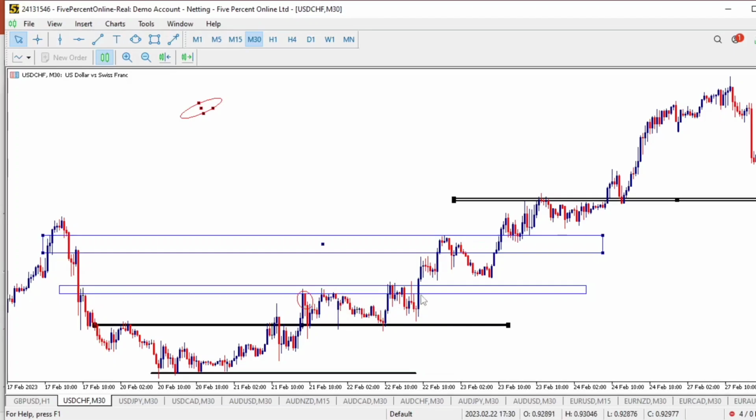Okay, now the market broke and this place became support again. You should be looking for only buying opportunities because the market is now on a support level. The same thing: it broke, retest. Always wait for retest. We might not be able to talk about retest in this particular session. If the market breaks through a level, always wait for the market to retest that level. Very, very important. If you don't follow this rule, you will enter trades too early